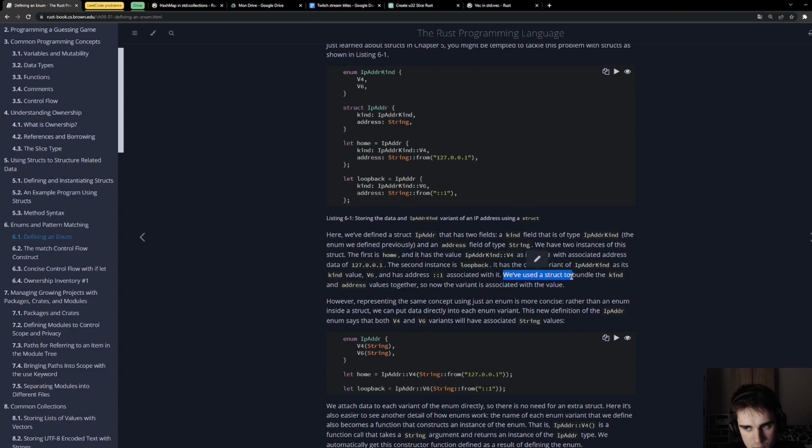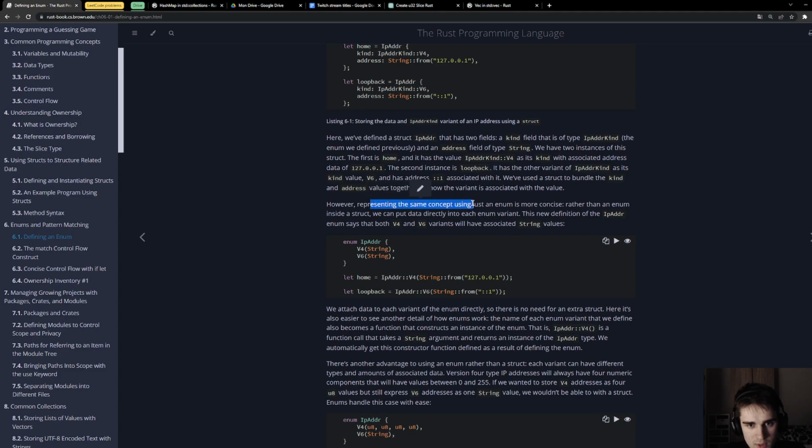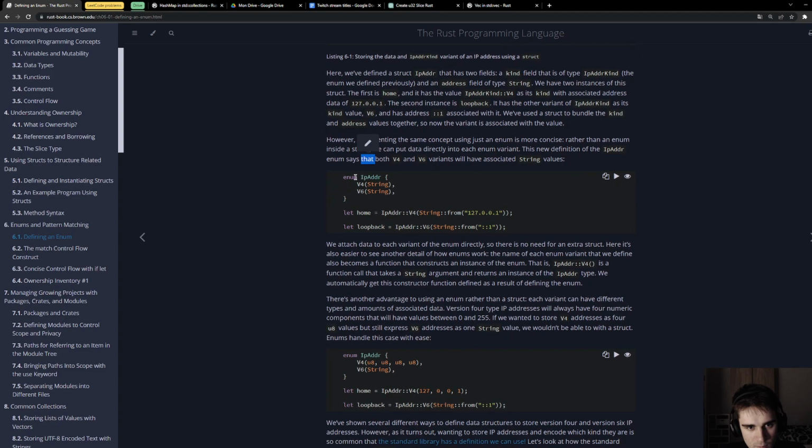We have used a struct to bundle the kind and address values together, so now the variant is associated with the value. However, representing the same concept using just an enum is more concise. Rather than an enum inside a struct, we can put data directly into each enum variant. This new definition of the IP address enum says that both v4 and v6 variants will have associated string values. We attach data to each variant of the enum directly, so there is no need for...